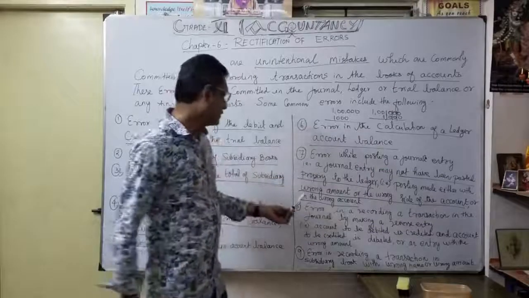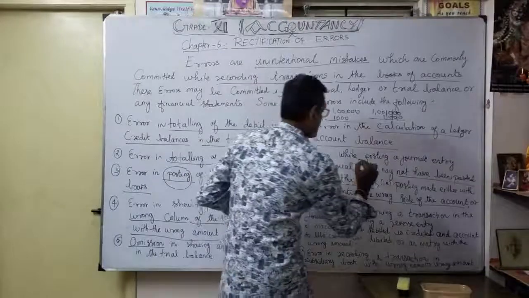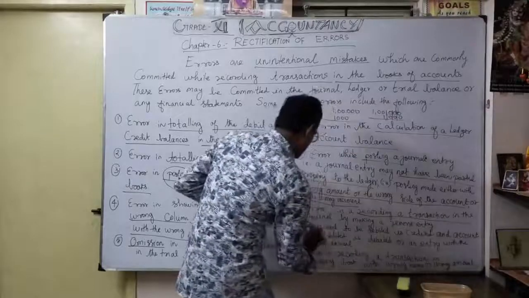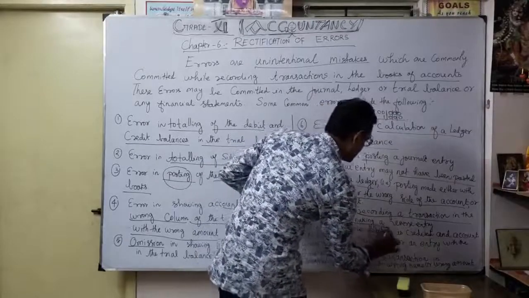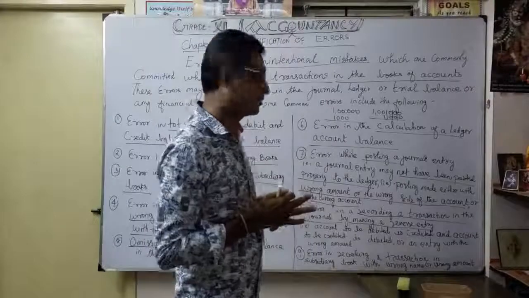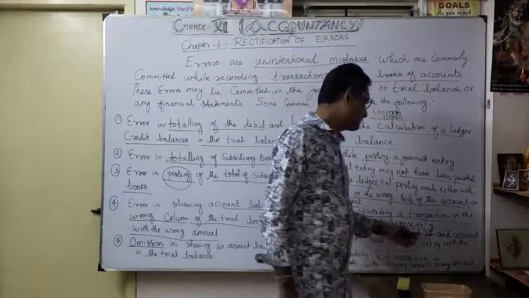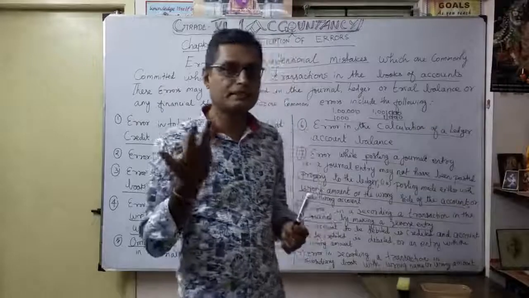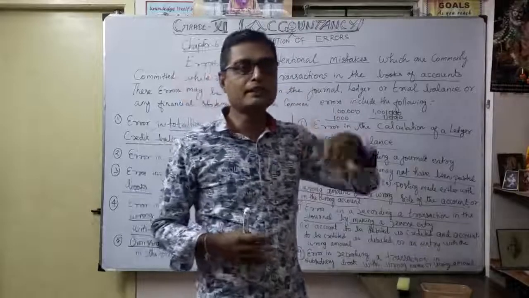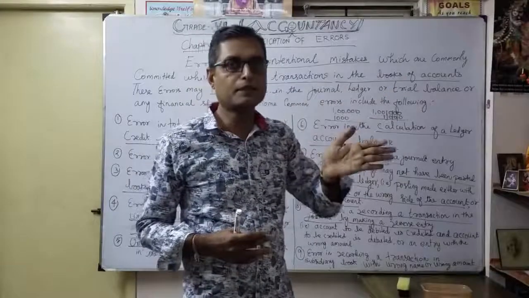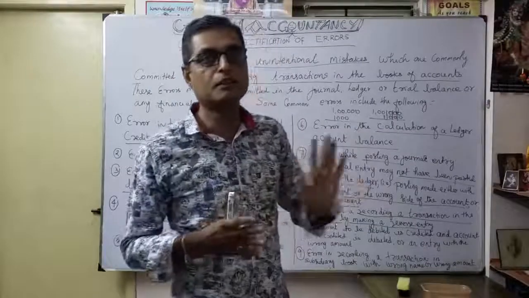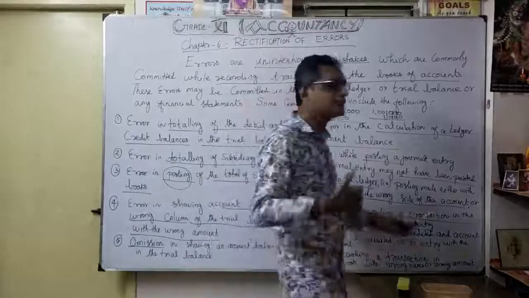Then the eighth one, error in recording a transaction. Here, recording a transaction in the journal by making a reverse entry. How, sir? Whenever recording a transaction itself, an error will come. For example, the account to be debited is credited. So instead of debit, we did it on the credit side. Similarly, the account to be credited is debited. So instead of debit and credit, we did the reverse. Definitely it should be debit, but we wrongly did it on the credit side. Instead of definitely credit, we wrongly did it on the debit side. That's what they said: error in recording a transaction itself.